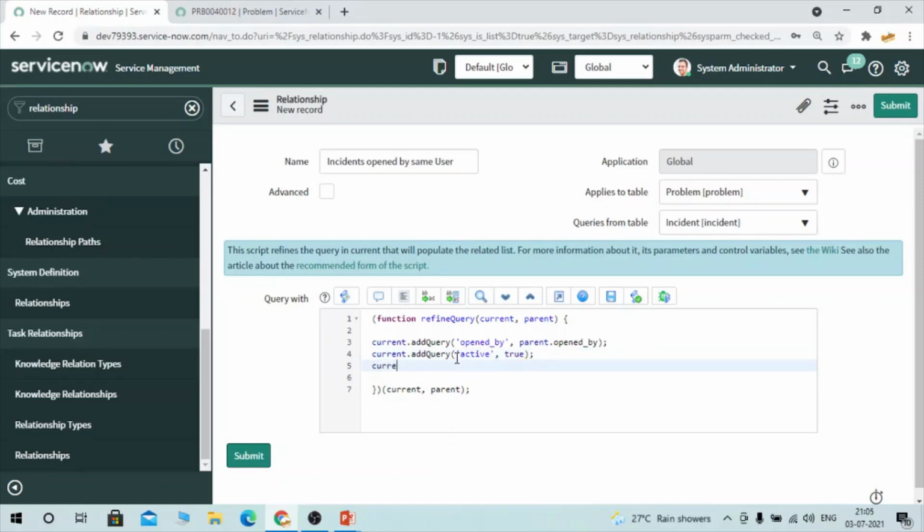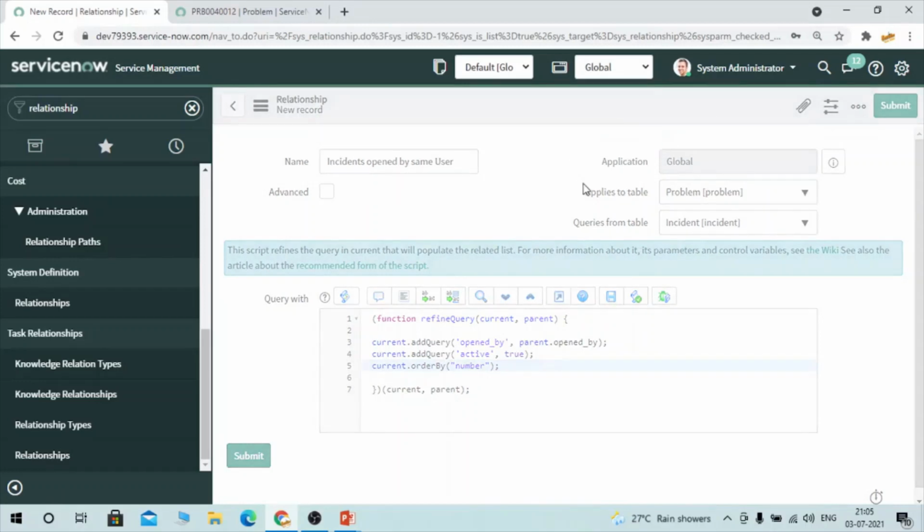Like this, we have orderBy, so you can use orderBy and pass the field on the basis of which you want to sort it. I want it sorted based on number. You can take any field according to your requirement. So this is how you can sort it as well. So let's save it or submit it.